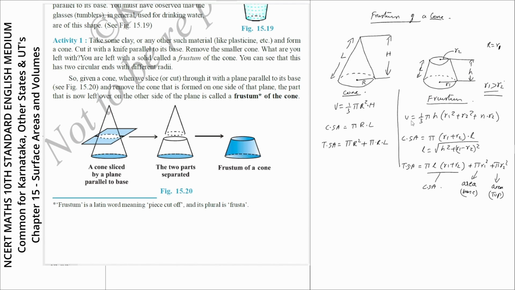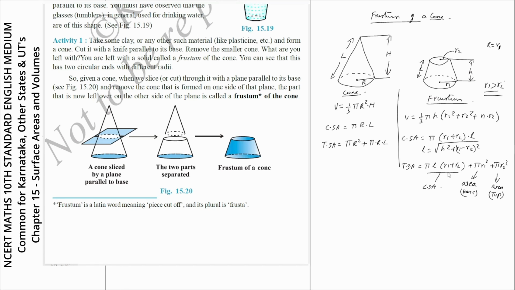In a frustum, the volume is given by 1/3 π h (r1² + r2² + r1 r2), and always r1 is greater than r2. The curved surface area is given by π (r1 + r2) l, where l is the slant height of the frustum. So l is given by the square root of h² + (r1 − r2)², and the total surface area is given by π l (r1 + r2)